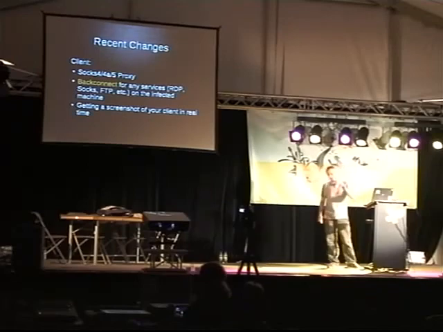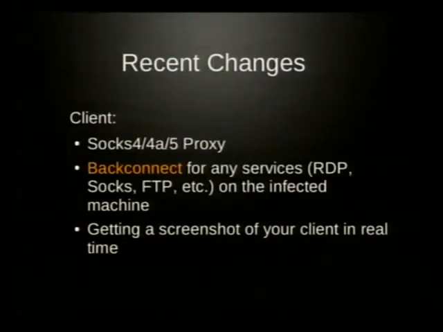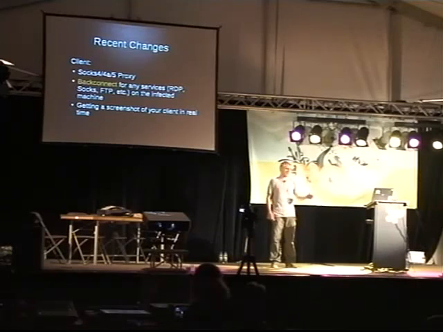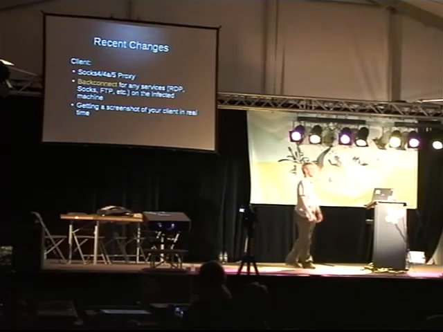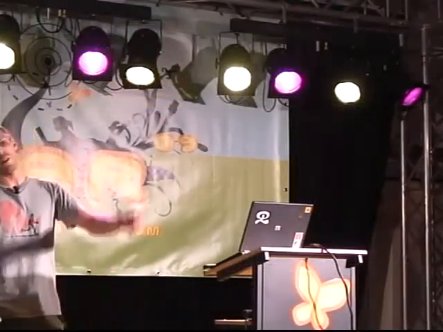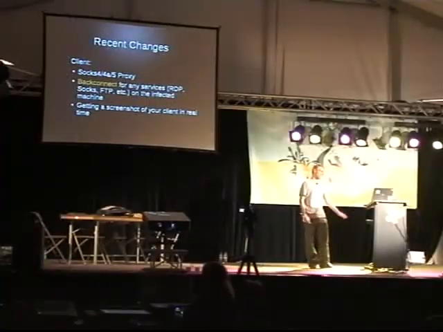Okay, so the client, the bot, like I said, is a SOCKS proxy. If you want to use an infected client as a SOCKS proxy, it's clear the infected client has to have an official IP address, an IP address that needs to be accessible from the internet. For this, because today you are behind a router or something like this, which makes NAT, which makes this